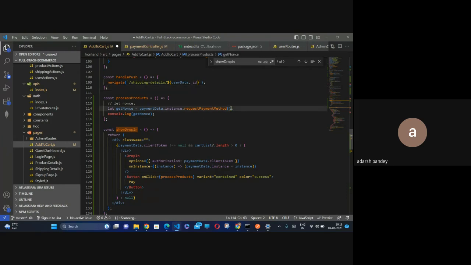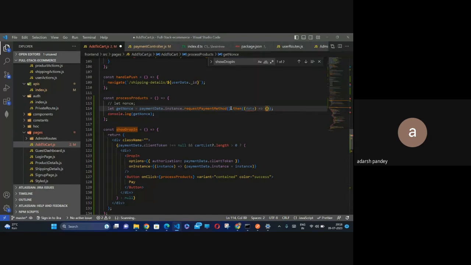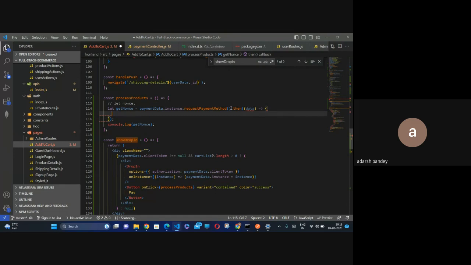तो ये एक मेथड है, तो इस पे हम कॉल करते हैं. तो प्रॉमिस रिजॉल्व करने का दो तीन स्टेज होता है. एक होता है पेंडिंग, एक होता है रिजॉल्व और एक होता है रिजेक्ट. तो डॉट देन से हम प्रॉमिस को रिजॉल्व करते हैं. तो डॉट देन और यहाँ you have whatever is coming inside the data. तो जो भी डेटा आएगा पेमेंट डेटा डॉट इंस्टेंस डॉट रिक्वेस्ट पेमेंट मेथड से, वो हम इस डेटा में स्टोर करेंगे. And here what you can do, you can simply console it out, console.log, and